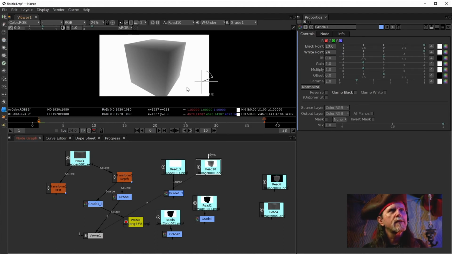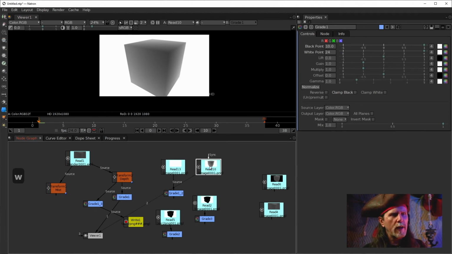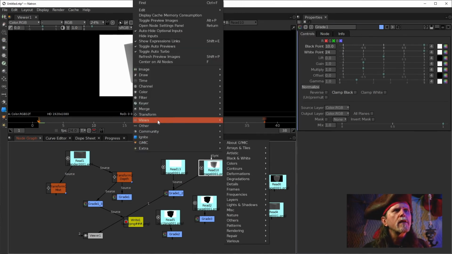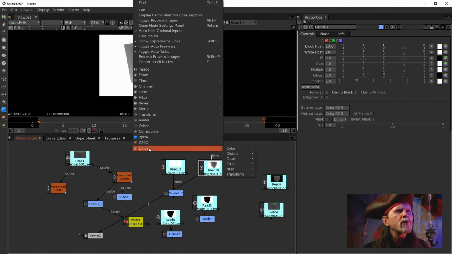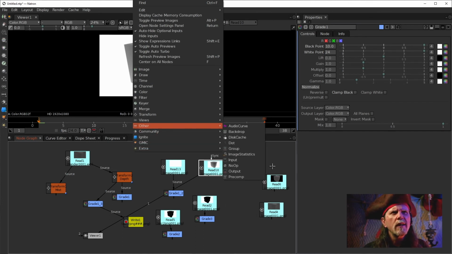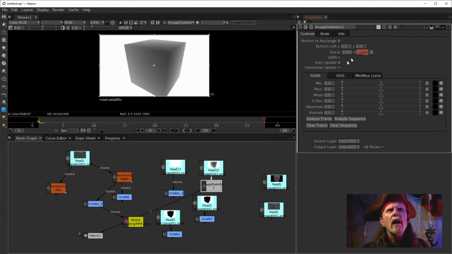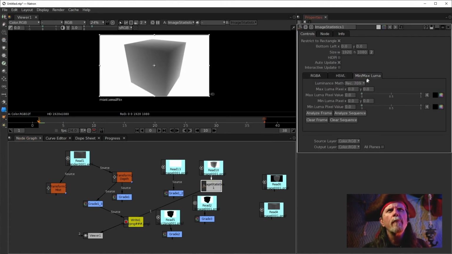Let's turn off W for a minute. I believe it's under Other, Image Statistics. If we go over to minimum max and hit analyze this frame,